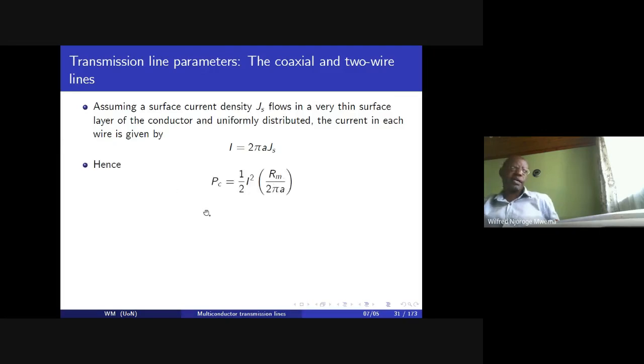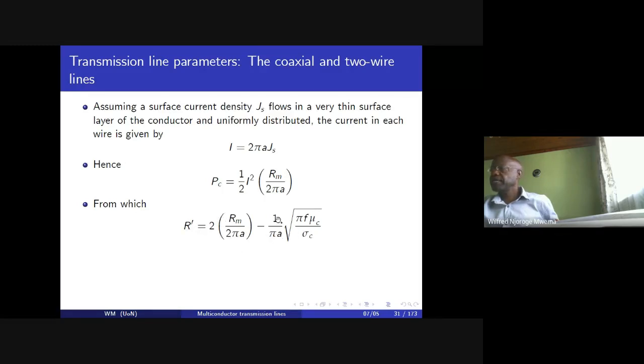And hence, the power lost in the conductors is just going to be given by a half of I squared multiplied by the total resistance of that particular wire. From which you can see that R prime is just going to be given by that value, and we subtract the skin depth, the skin effect